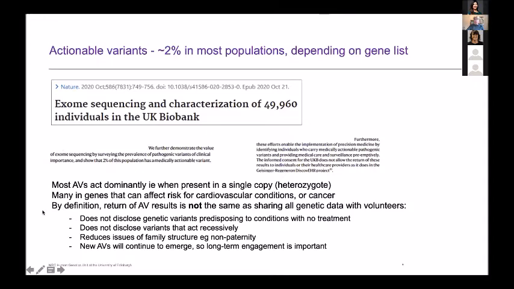And they do say, it's relatively buried, but in this lovely paper, they do say the informed consent for the UK Biobank does not allow the return of these results to individuals or their healthcare providers. And that's fine, so long as the cohort has been clear to the volunteers that that's the basis of their participation. And of course, the UK Biobank was clear.